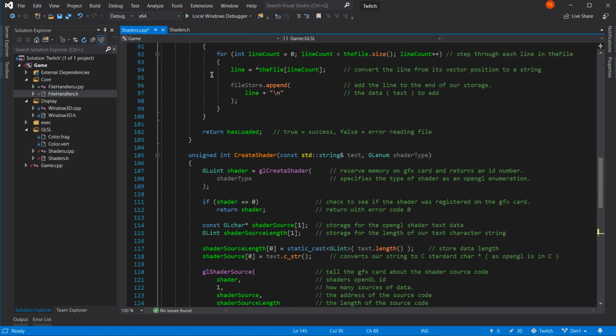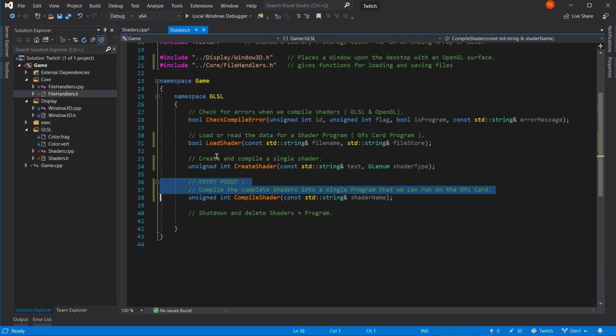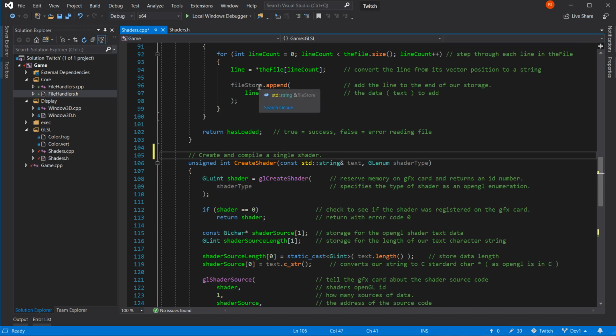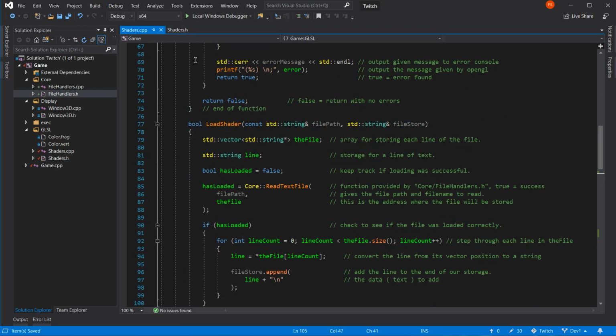What's this one? Create shader. Next one up. Load shader.